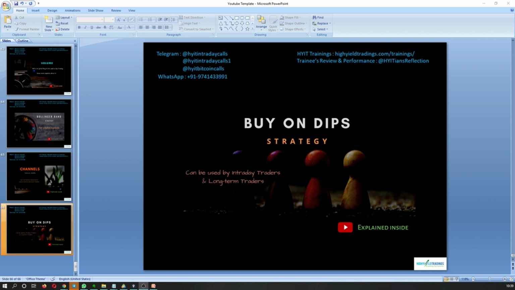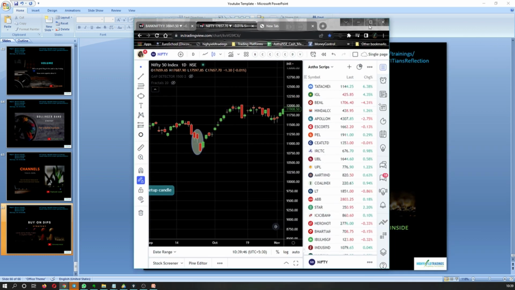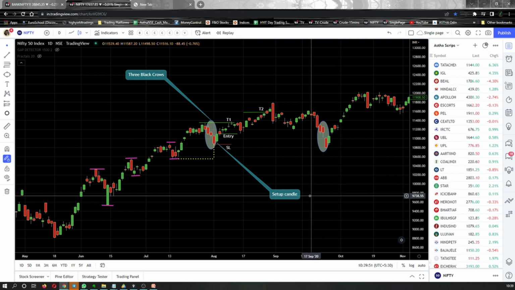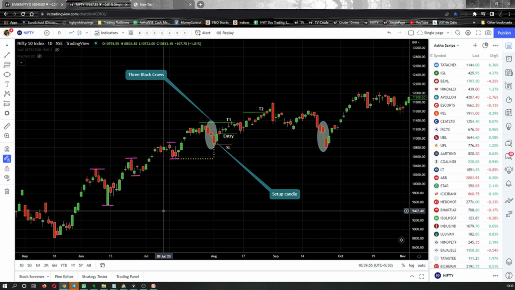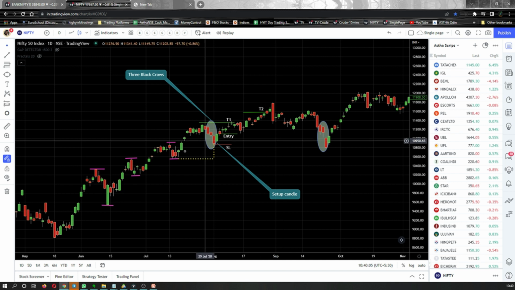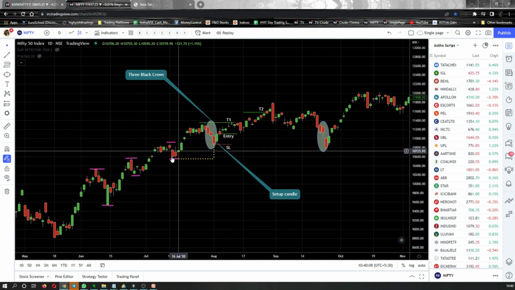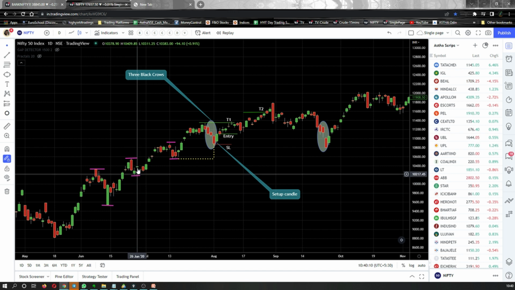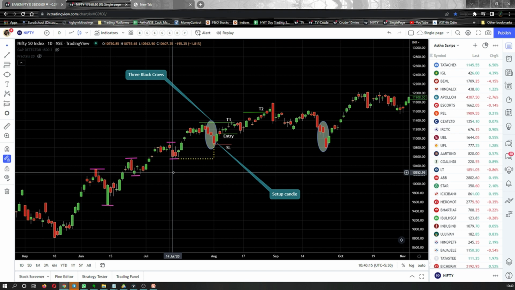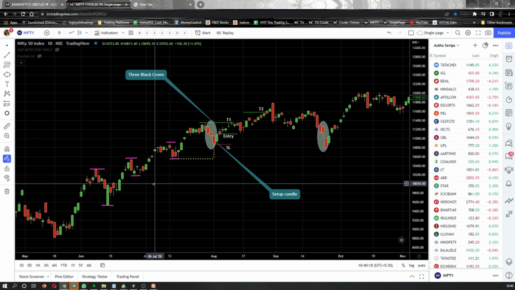Let's hit the chart and let me explain things over there. I have already drawn the complete scenario here so that we can save some time. As I said, the first thing is you need to find a script or an index which is in an uptrend. This is Nifty's chart, a 1 day time frame, as you can see on the top left corner, and it is very clear that it is making higher highs and higher lows, higher highs and higher lows, which means it is in an uptrend. So the first prerequisite is met.